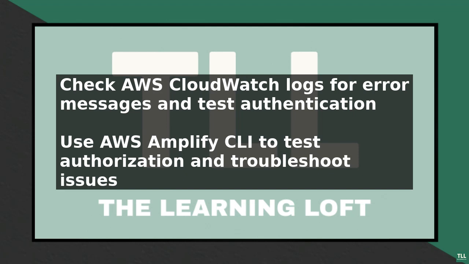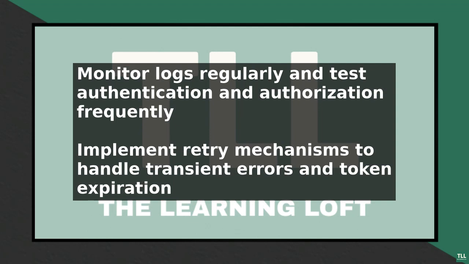and implementing retry mechanisms to handle transient errors. Additionally, ensure that your application handles token expiration and refresh correctly, and that your users have the necessary permissions to access AWS resources. By following these steps and best practices, you can effectively troubleshoot AWS Amplify identity pools and provide